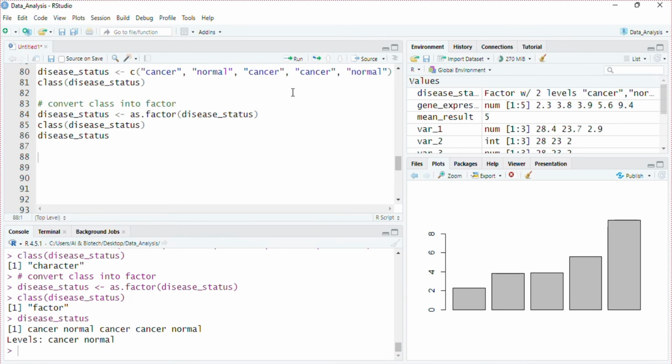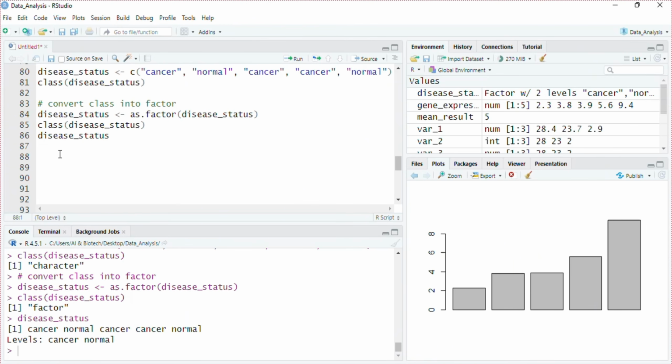In gene expression analysis or machine learning pipelines, we have to consider this example: either we want to compare cancer versus normal or normal versus cancer.